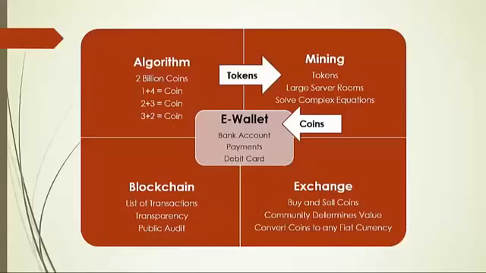And let's say that you want to generate some cash. You'll take some of those coins, you want some liquid cash. You've got your coins, but you want to create some liquidity so you can go buy the island bar down the street, and you want to buy a little piece of real estate. So you send your coins to our exchange. We have our own stock exchange where the coins are bought and sold. There's a bid and the ask for the coins, what you can buy them for versus what you can sell them for. The community and the demand for the coins will determine the value. It's a free market currency.